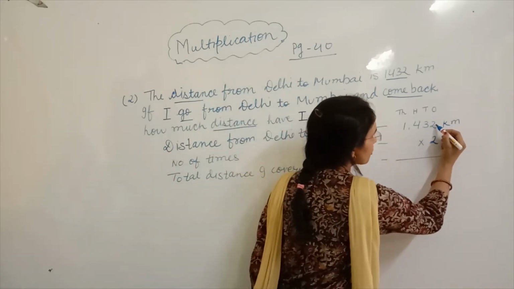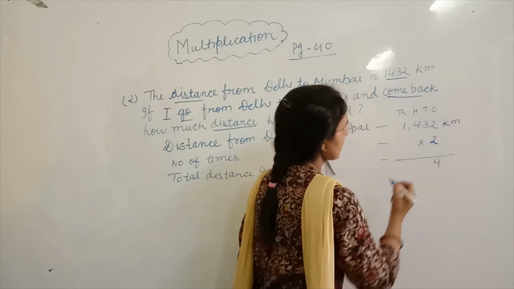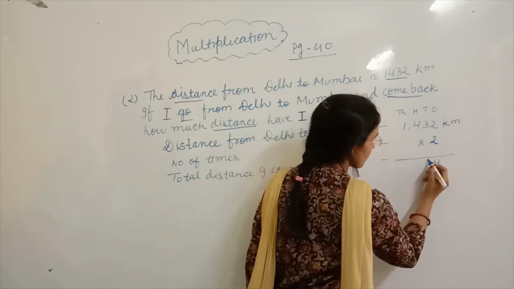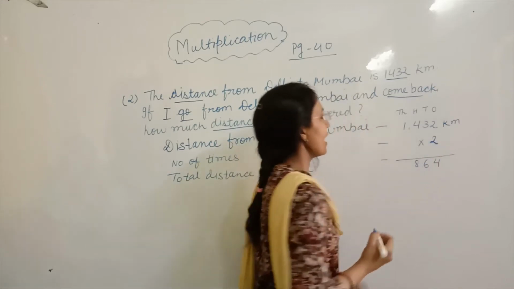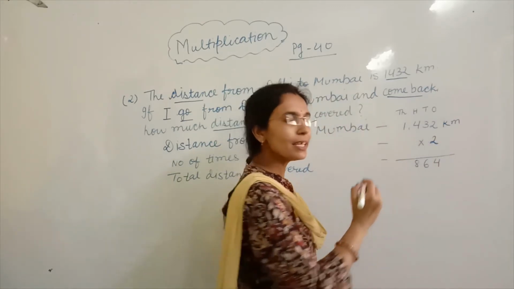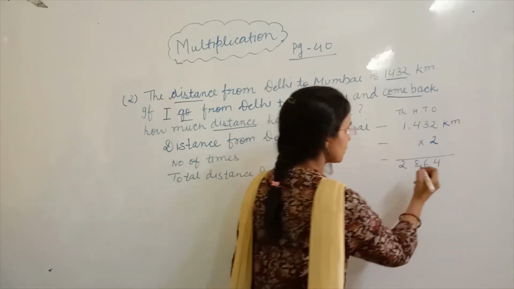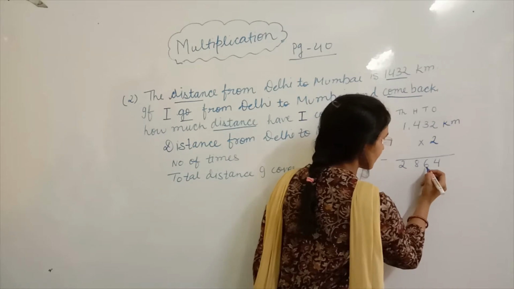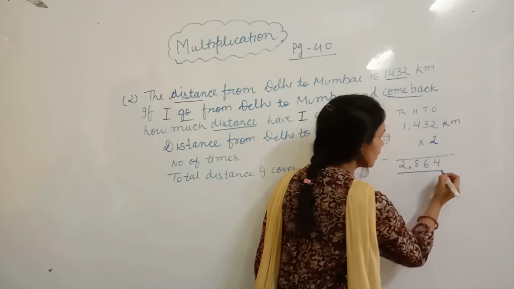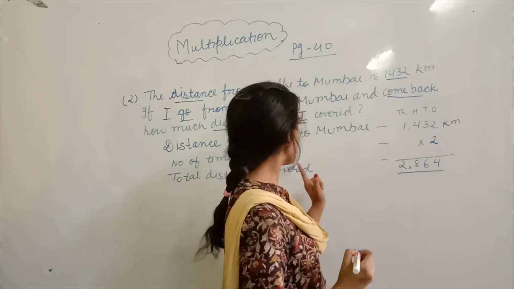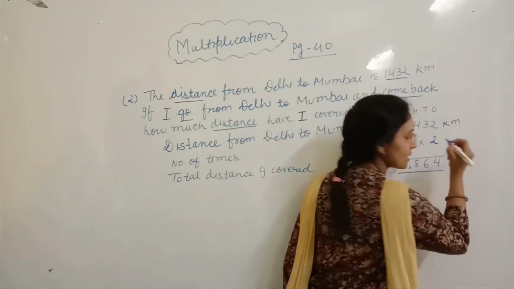Now we'll follow the process of multiplication as we have explained you in our earlier classes. First of all, ones place. 2 multiplied by 2 will be 4. 3 multiplied by 2 will be 6. 4 multiplied by 2, 8. And 2 multiplied by 1 will be 2. Now we'll place over here, first of all, place value. Ones, tens, 100, we'll put a comma.